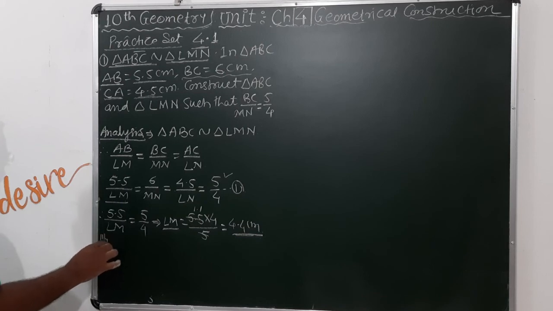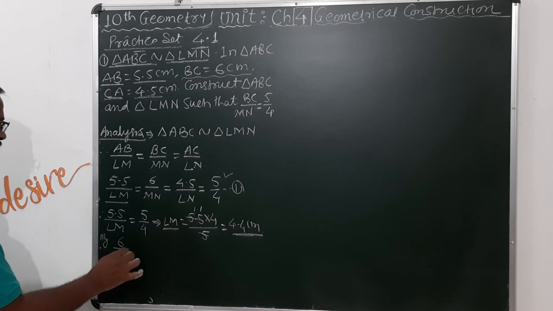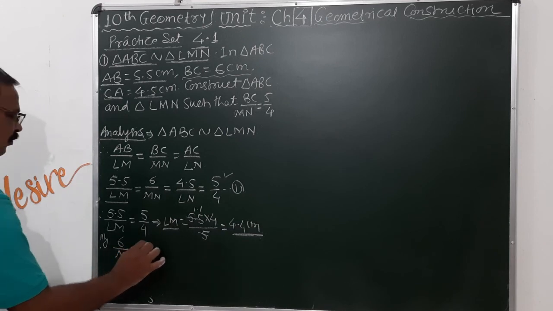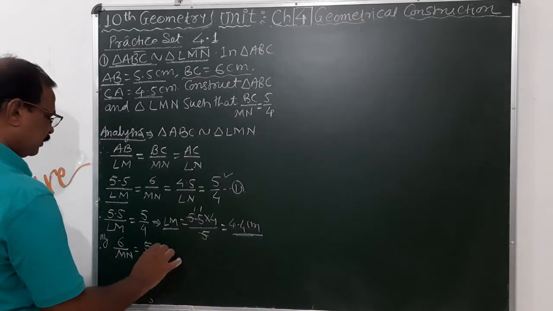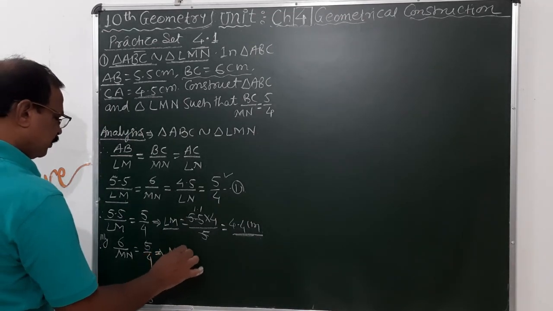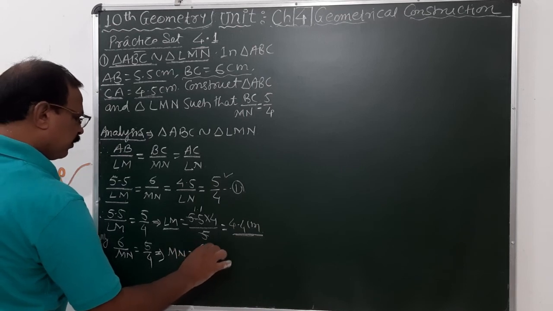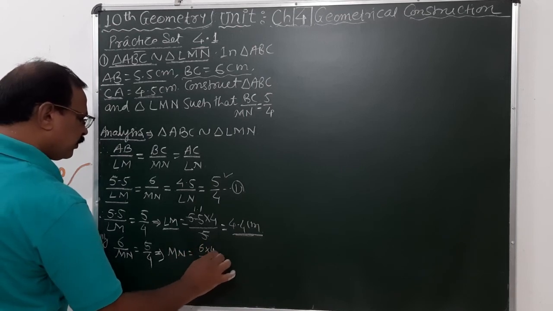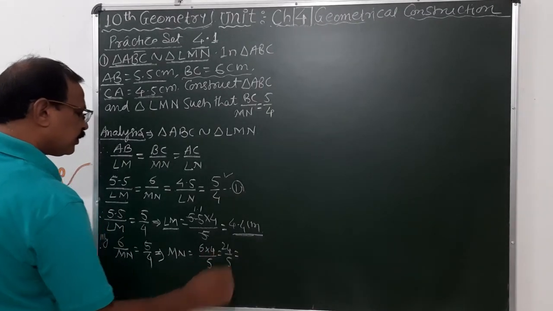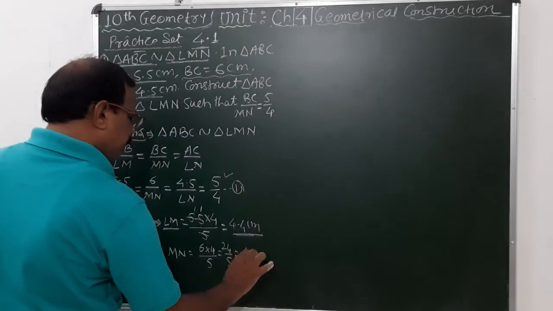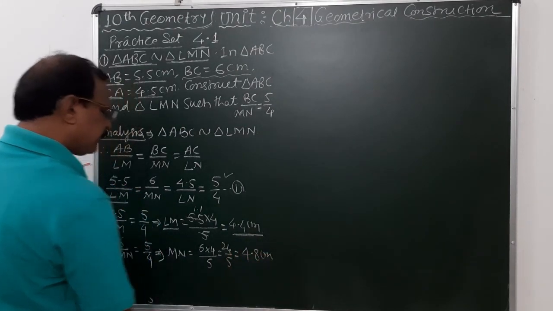Similarly you can take the second ratio, 6 divided by MN, which is equal to 5/4. Therefore it gives MN is equal to 6 into 4 divided by 5, that is 24 divided by 5, so 4.8 centimeter. Okay,